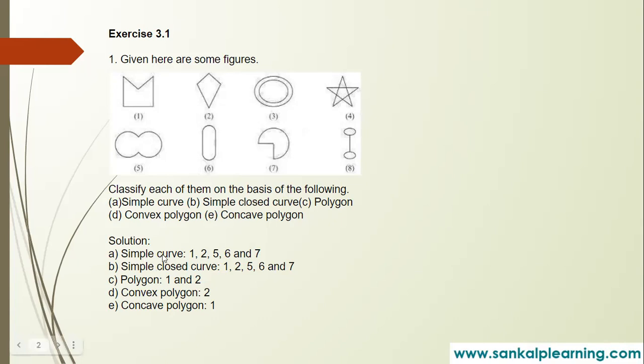Come to the first one, simple curve. What do you mean by simple curve and simple closed curve? That means a curve which starts and ends at the same point without crossing itself. Okay, it's a closed curve. For example, the starting point and ending point should be the same. If you start from here, okay, children, you will come from here to here. So you will draw like this, right? Again, we reach the same point. So the starting and end points are the same.